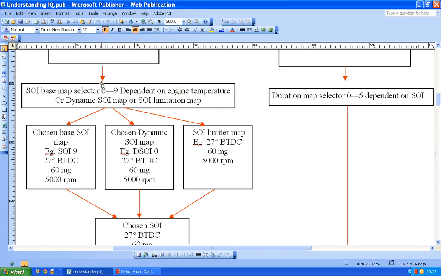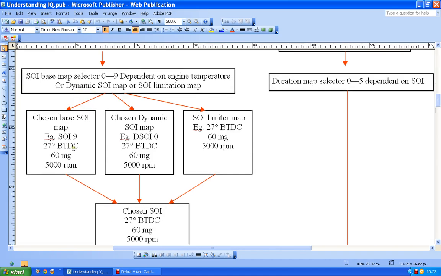Now once the engine's hot, it will be picking 9 anyway. So we'll just assume that no one is daft enough to tune their engine when it's cold. So we'll assume that everybody is going to be thinking about 9 anyway. So we've got map 9, and we can pick a value, and then we can use it to select over here, just like we've already said. But it's not quite as simple as that, because if you look at a lot of VAG diesel files, what you find is, yep, here's a choice 0 to 9, and I've picked 9.